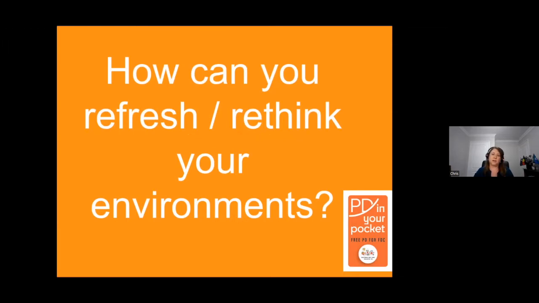I'm happy with how I've set it up. And some of you might be thinking it's really time to refresh and I really need to start again, but where do I get started? So let's have a look at how you can improve your environments if you want to. It's always a good idea to refresh your environments after a little while because we can improve on what we have. So hopefully some of these photos and comments tonight, and once we hear from Anthony Semann, I'm sure you'll be inspired to refresh and rethink your environment.